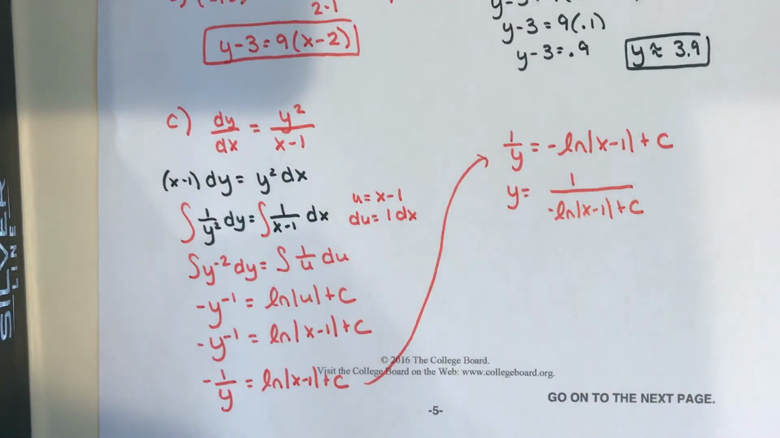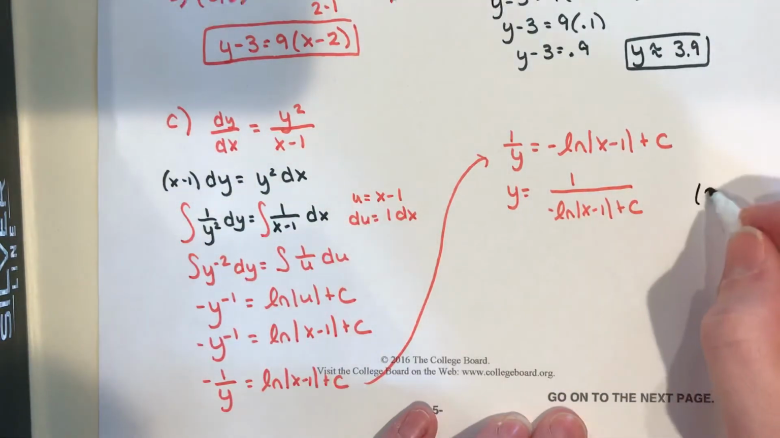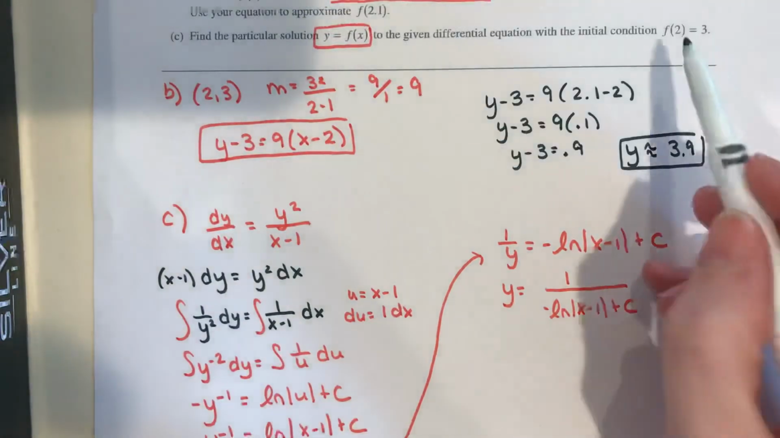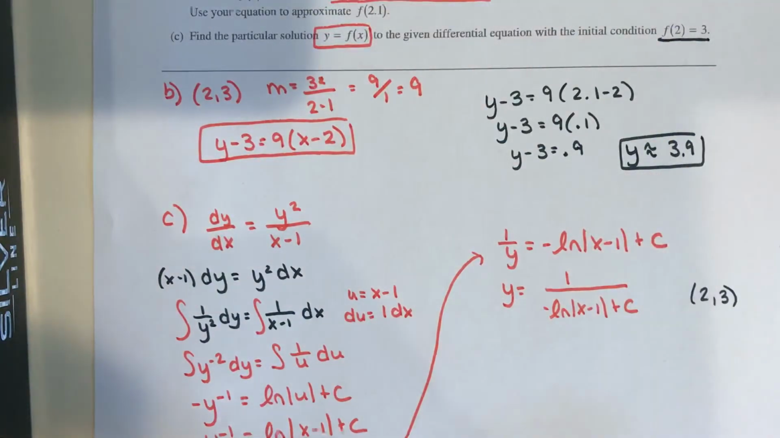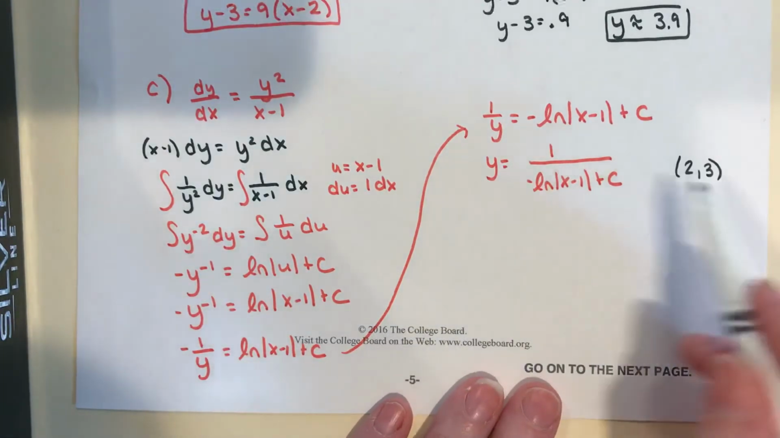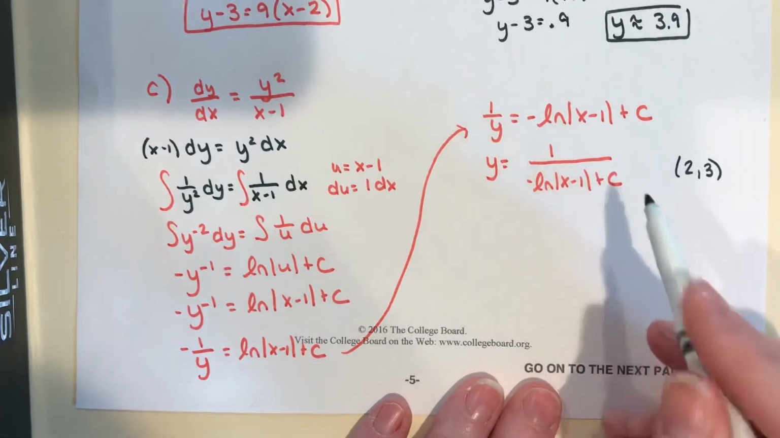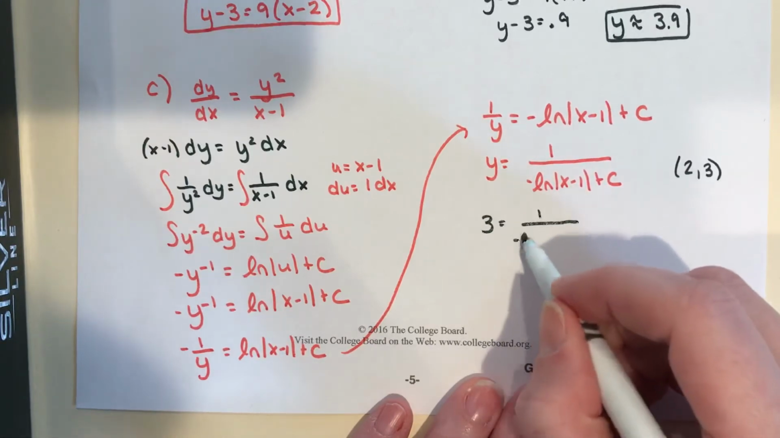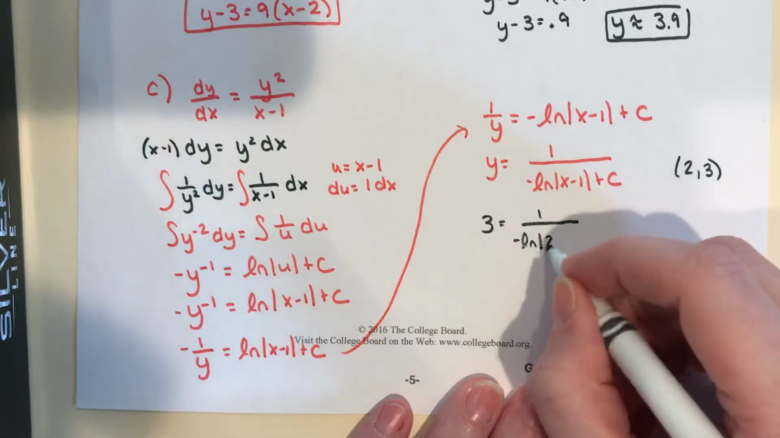Okay, so last step, they give us an initial condition. They give us a point of 2, 3, and that comes from our problem right here, f of 2 equals 3. So I'm going to plug these points in, and hopefully that'll let me solve for c. So I'm going to plug 3 in for y, and 2 in for x,